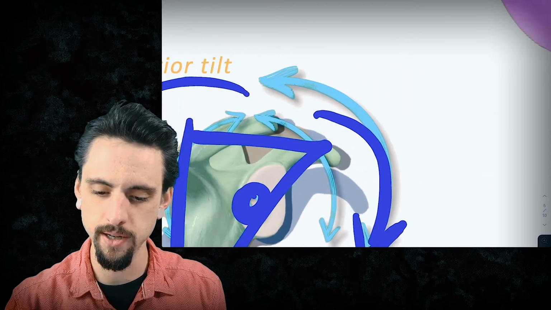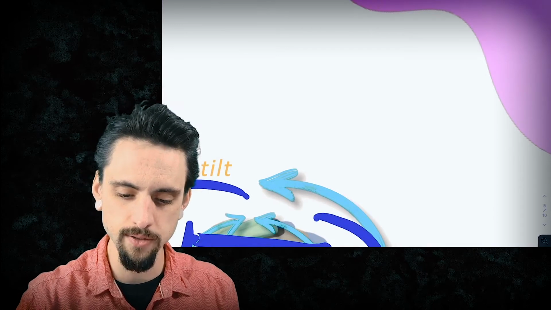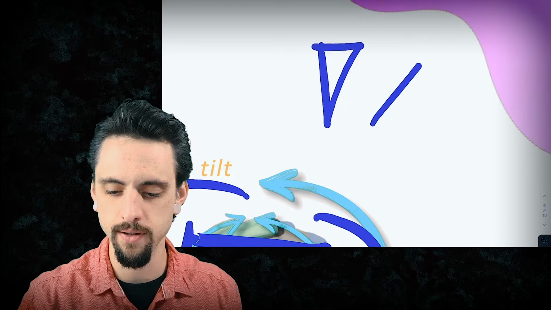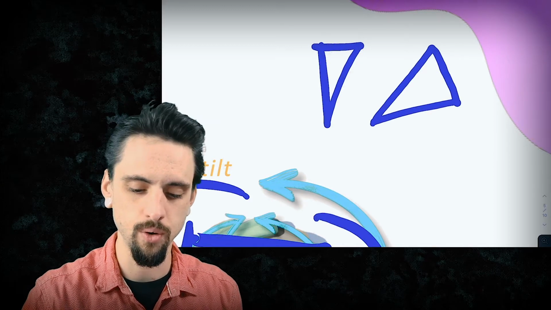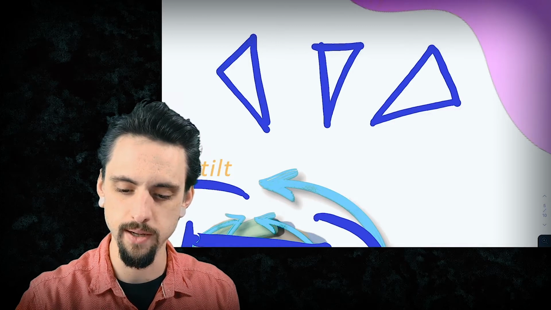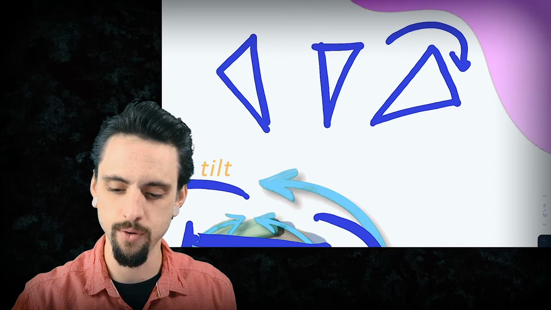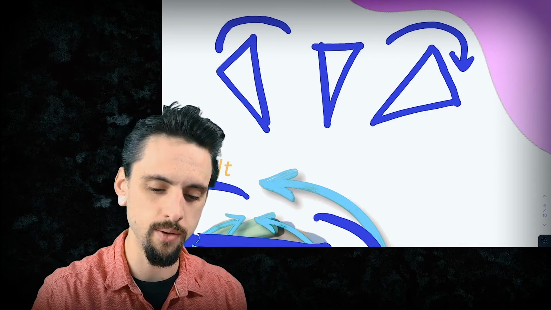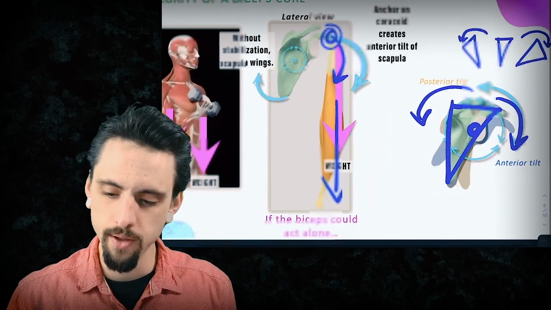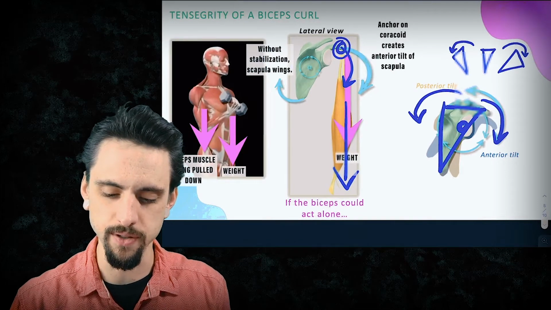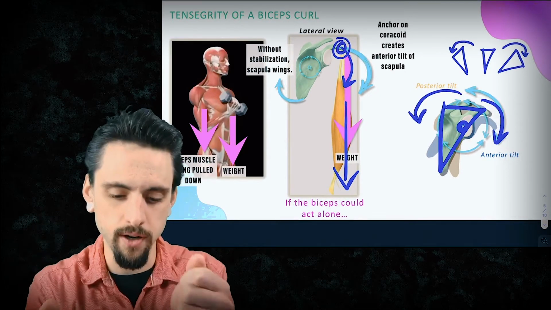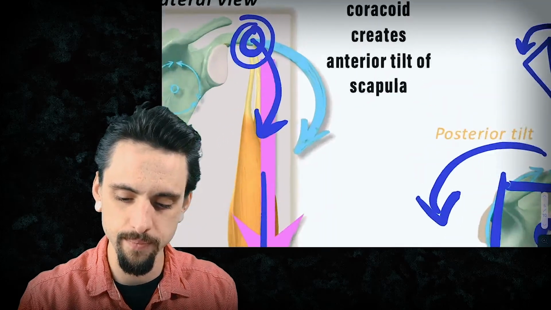I'll zoom in here just to show you what those would look like. So here's one, and then we have the other, where it can tilt back, right? So here it rotated forward, or here it rotated backwards. Cool? So we can have one of those two situations because it's sort of rotating over the joint, which is